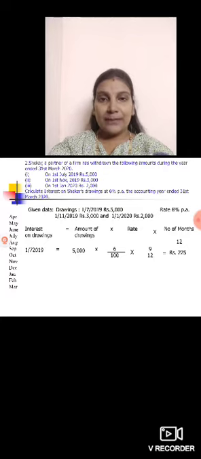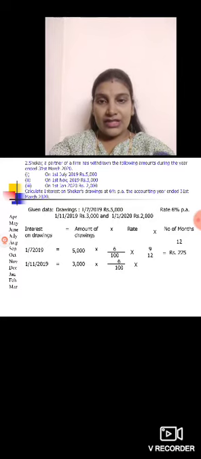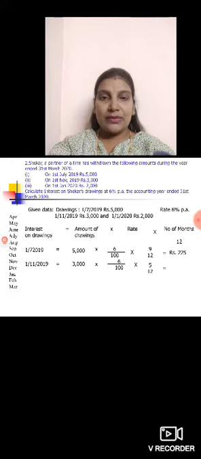Okay. So what is the second withdrawal you have, on 1st of November, 1/11/2019. So how much amount did he withdraw? Rupees 3,000. 3,000 into 6%. So 6 divided by 100 into number of months. You have to count from November because he has withdrawn on 1st of November. So count from November to March: November, December, January, February and March. So totally how many months? 5 months here. So 5 divided by 12. So how much interest will you get? 75 rupees.